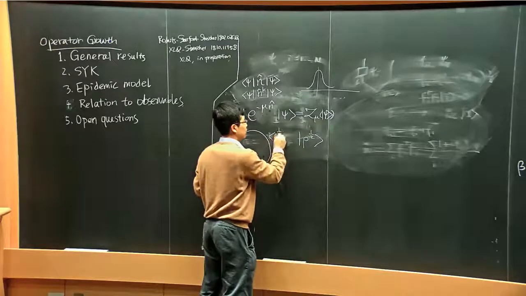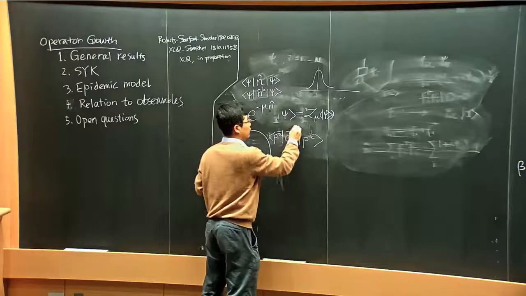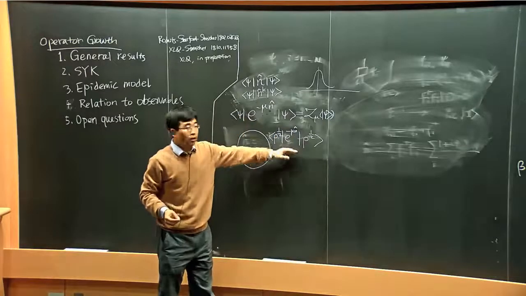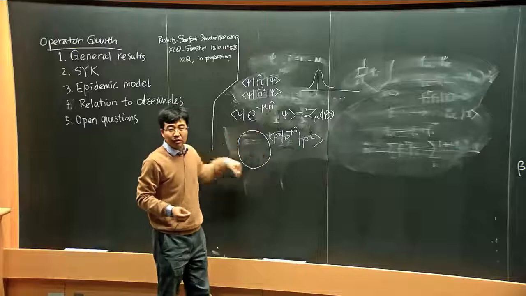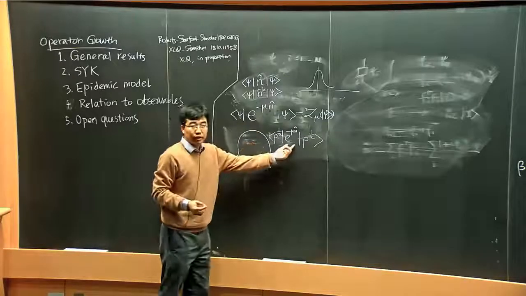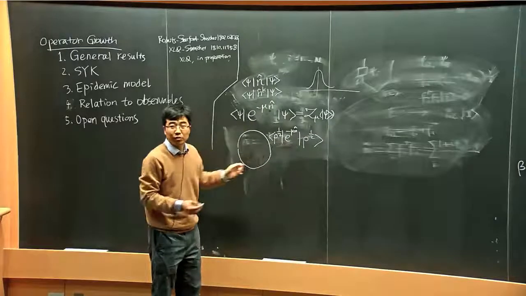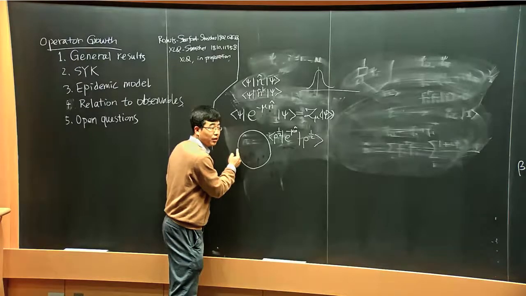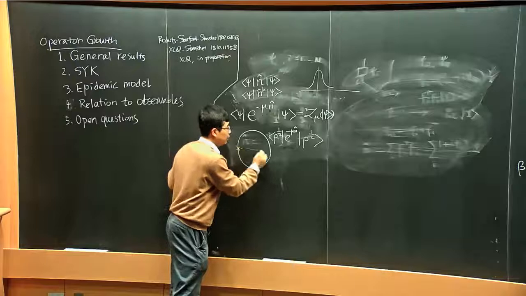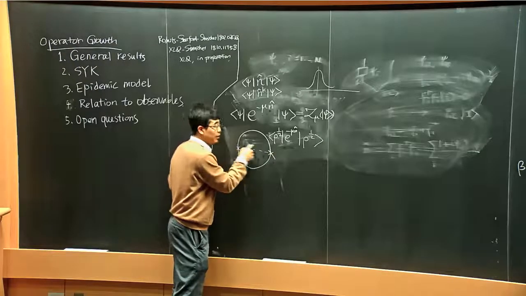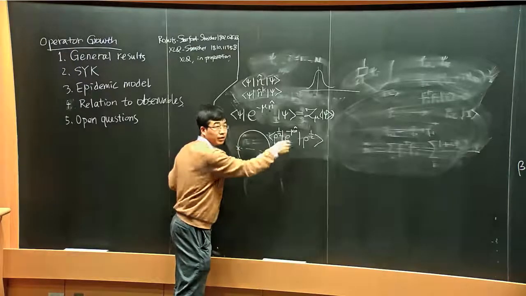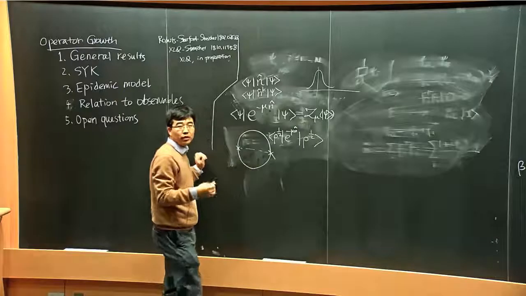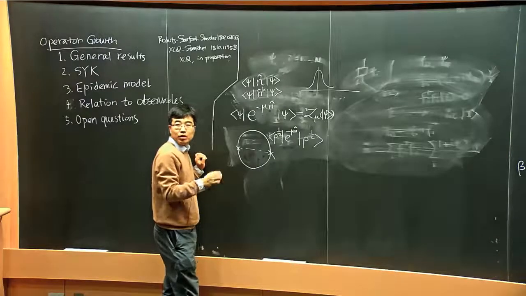If you calculate this thing without the insertion, it's like the thermal partition function. With the insertion, because the insertion is bilinear, basically what happens is the fermion comes here and then goes out, crossing this boundary, goes out at the superposition of things here and there. But this whole thing is just a symplectic transformation of the fermion.